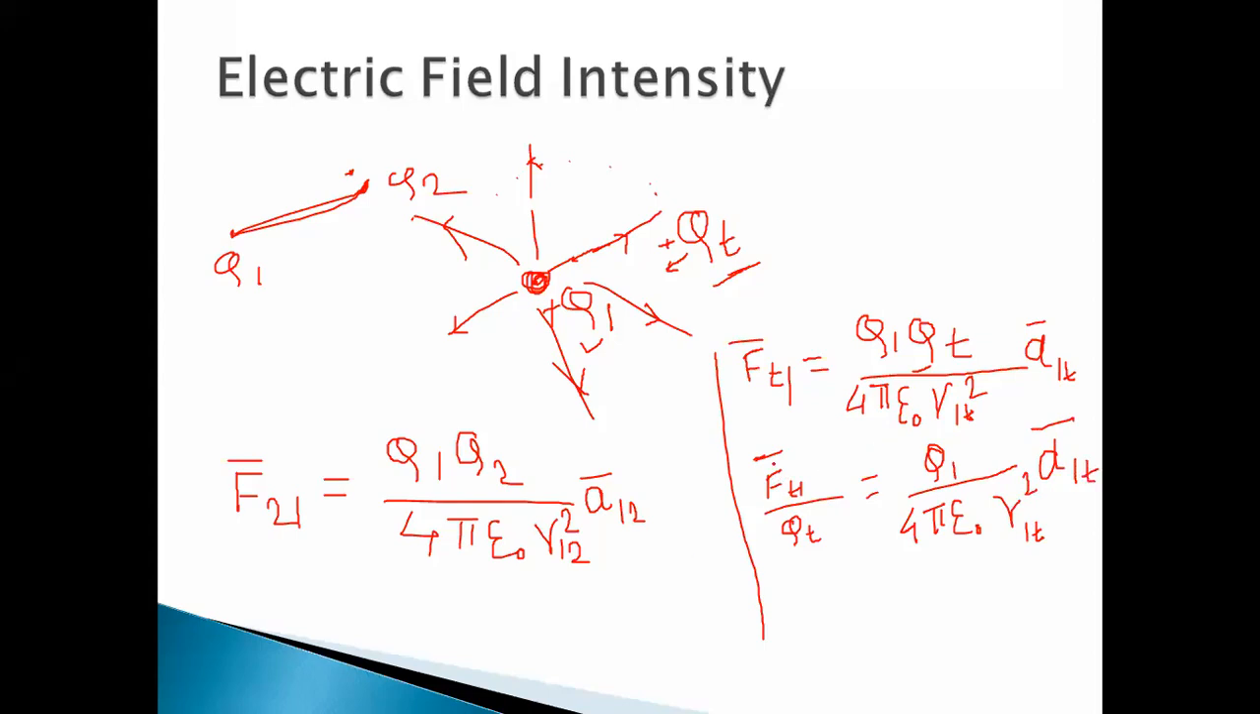Now this F bar divided by Q, meaning the force upon that test charge, is giving you the electric field intensity. Sorry, again a vector quantity. This electric field intensity is a vector quantity and it is nothing but the force divided by that test charge which we are moving. So this E bar is equal to Q1 divided by 4 pi epsilon 0 R1T square